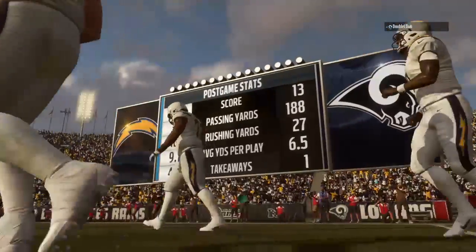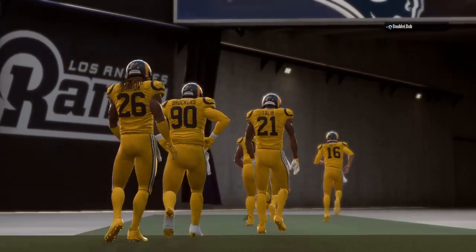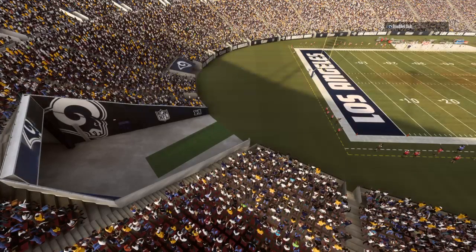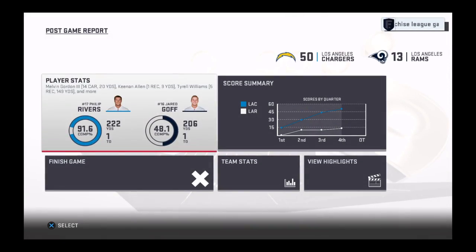That's called being in the zone. So for our visitors, it's an ideal start as they move to 3-0 now on the young season. And they'll get another road test next week as they have to go to Santa Clara to take on the 49ers. Meanwhile, for Los Angeles, the early struggles continue as they'll sink to 0-3. And they'll get a home date next week against the Minnesota